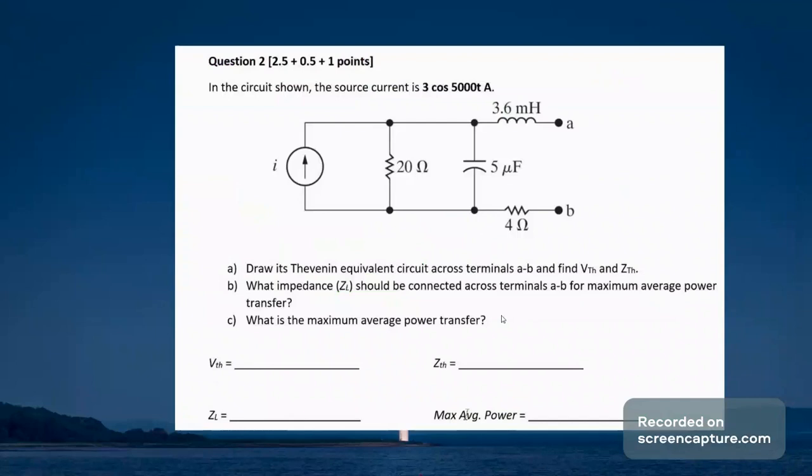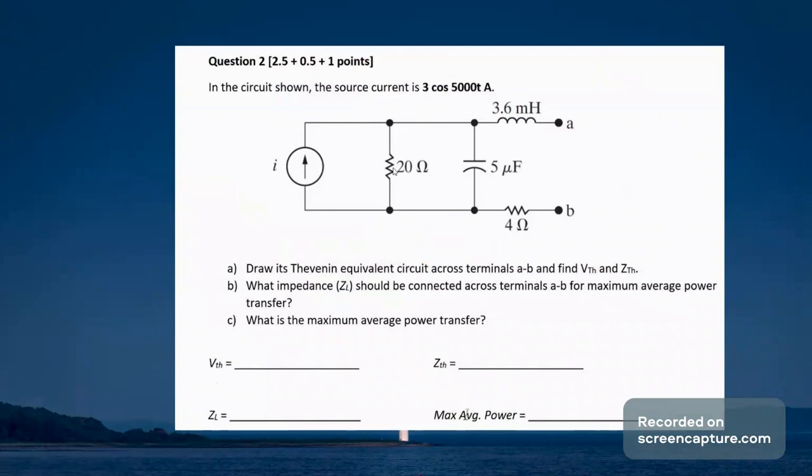Next up is problem number 2. This one is a little harder than question 1, but it's still doable. I'll show you how. So your first step is to find the impedance of the capacitor right here. Doing so gives you negative j40 ohms, and then you would combine that impedance with the impedance of your resistor